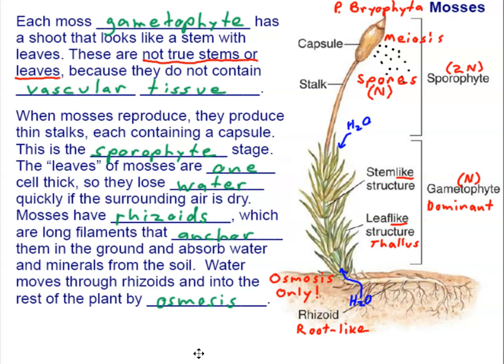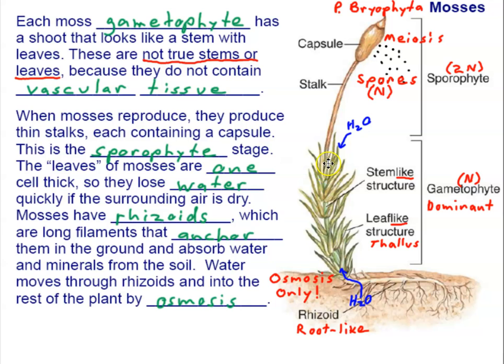So here we're looking at the bryophyte body. This is a moss, phylum Bryophyta. If we start here down in the soil, again, they can live in very shallow soil because they don't have true roots. What they have are rhizoids, and rhizoids don't have vascular tissue. Water simply osmoses into the rhizoid and is passed from cell to cell up into the gametophyte, and that's the green leafy part. But again, you can't call them leaves; they're leaf-like, and that's what we call a thallus. But the water's moving up by osmosis only, from cell to cell to cell, and that can only go so far.